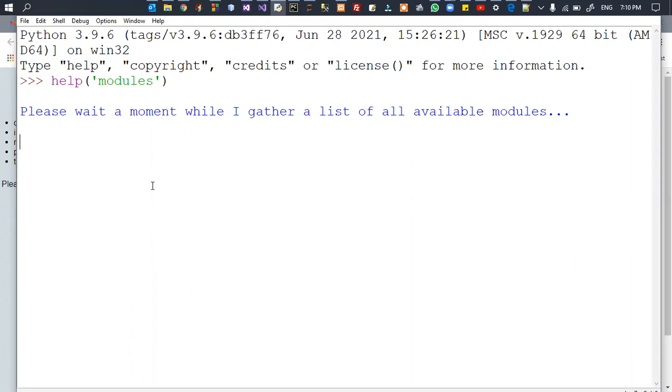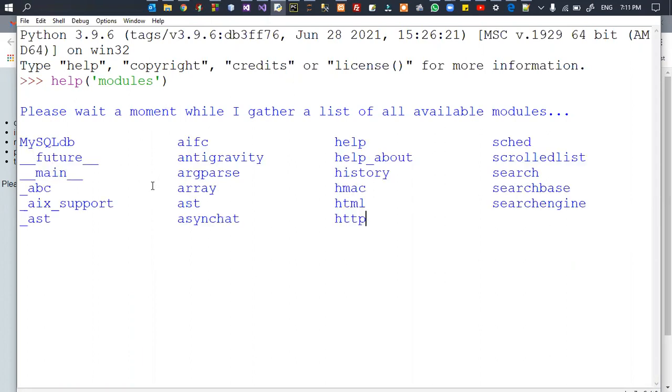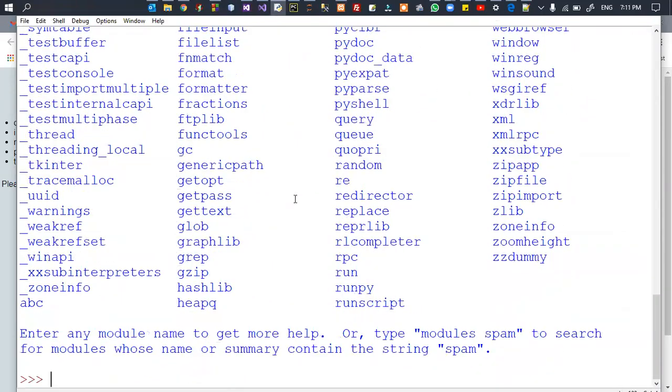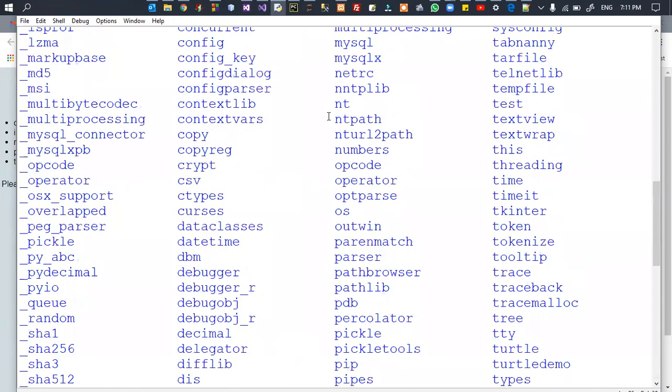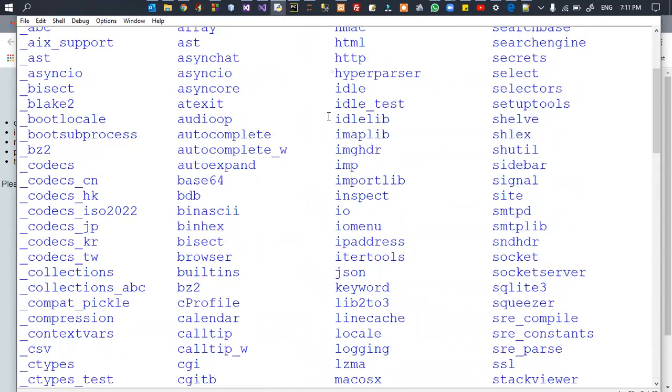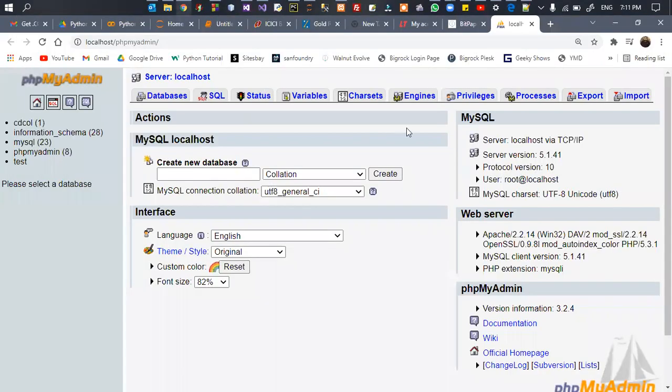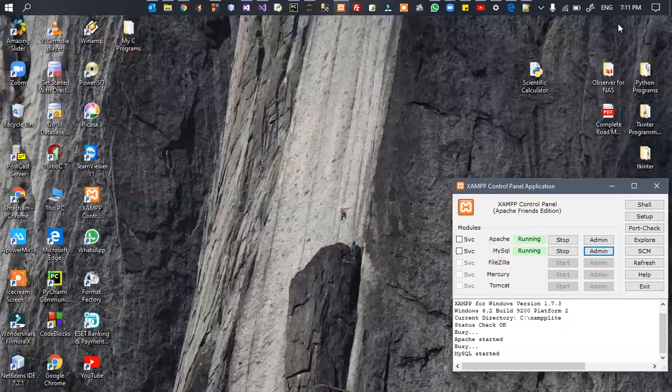So I have already installed my SQL module, so there is no need to install it again. But if you are working with the database, you need to install MySQL. Here I have already installed my SQL server on my local machine. Just see this, the MySQL module. So this is not a built-in module, right? So after this, what you have to do is,